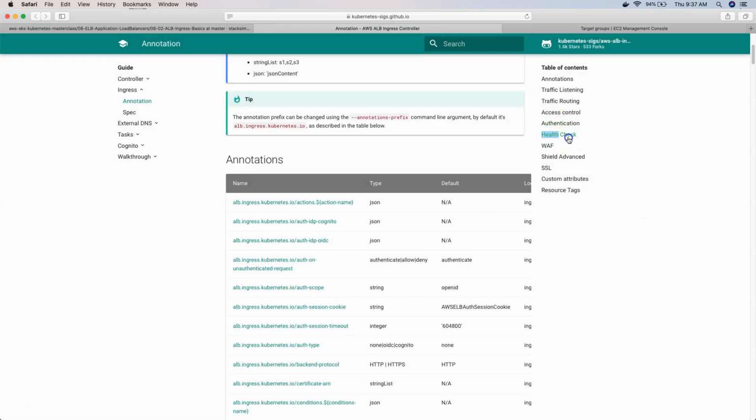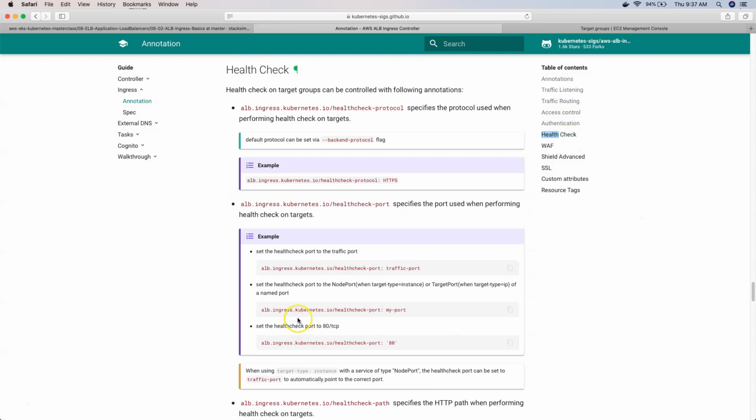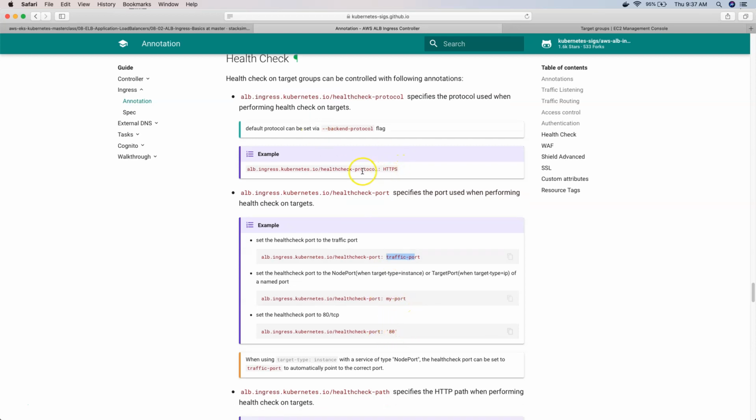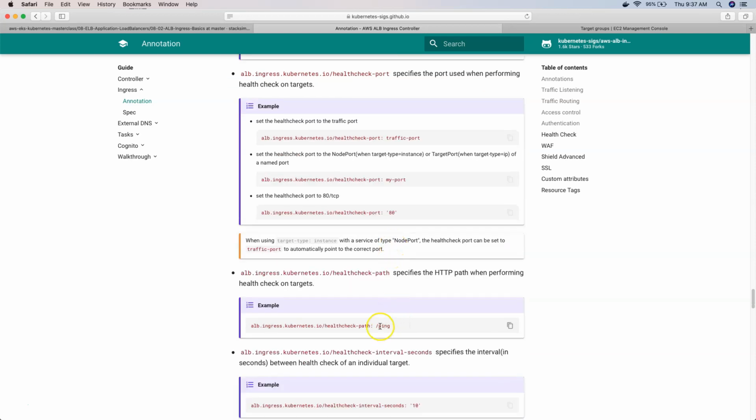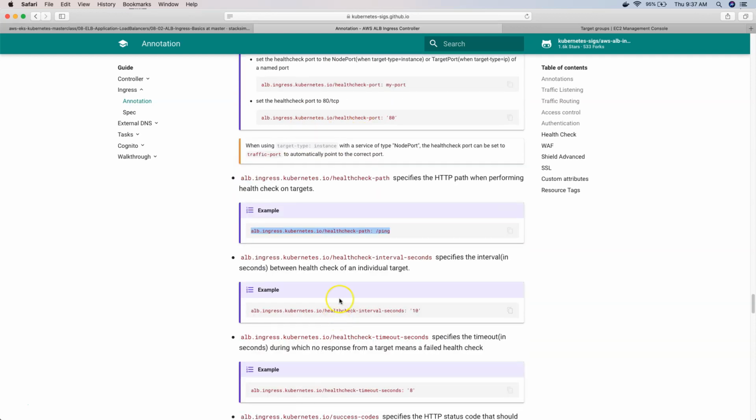So health check, all the health check related, whatever you have seen, the traffic port and then health check port or health check protocol should be HTTP or HTTPS, and health check path /usermgmt/health-status. All these things we need to define as annotations in our Kubernetes manifest, which we are creating for ingress, which means we need to write it in the ingress manifest. These details we need to provide in the annotation section, right?